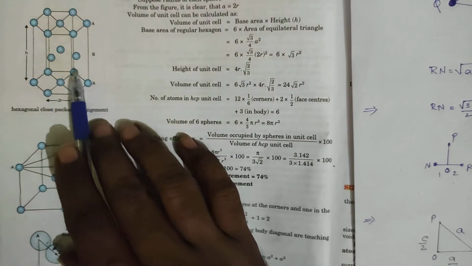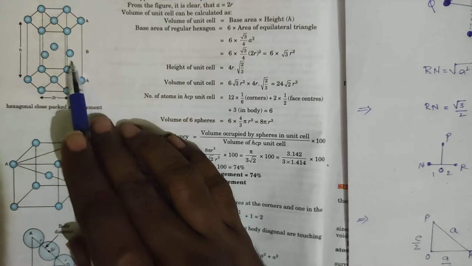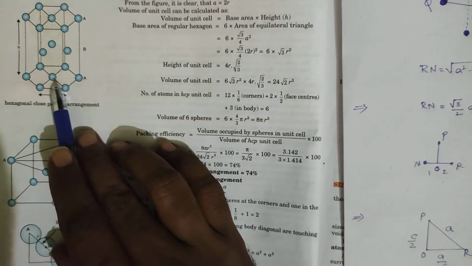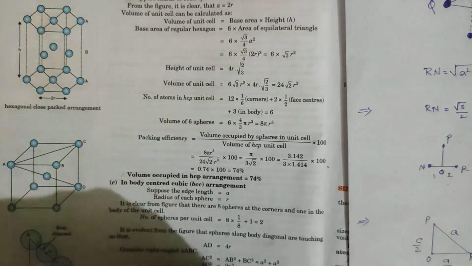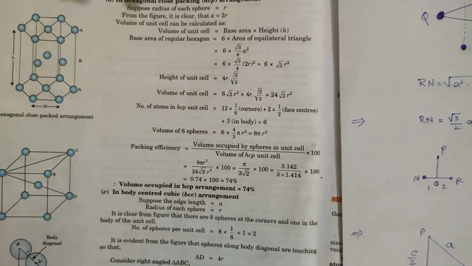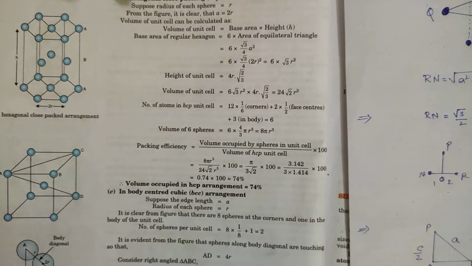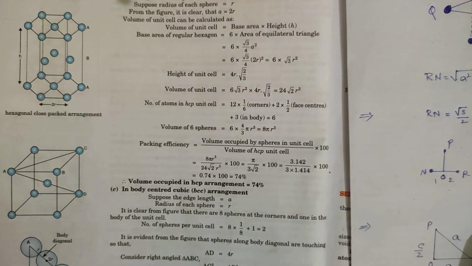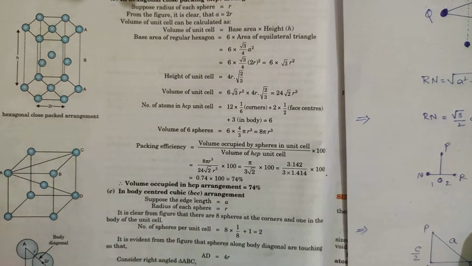Now what will you do? What is the area of this one? You can't directly find that. If you bisect this, you get one equilateral triangle, 2, and if you bisect this also like this, you will get 3, 4, 5, 6. So at the base you will get 6 equilateral triangles. If you know the area of one equilateral triangle, multiplying by 6 gives the area of the 6 equilateral triangles. What is the area of an equilateral triangle? I think it is root 3 by 4 a square. Clear?